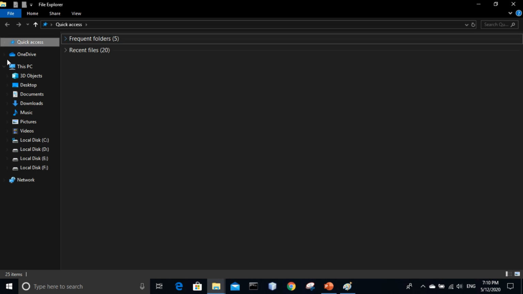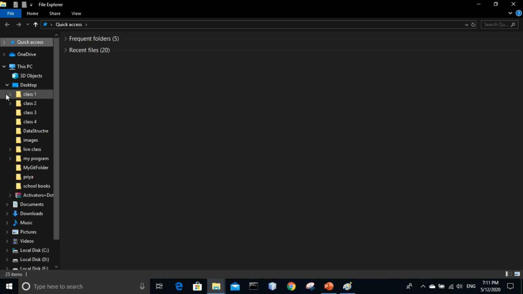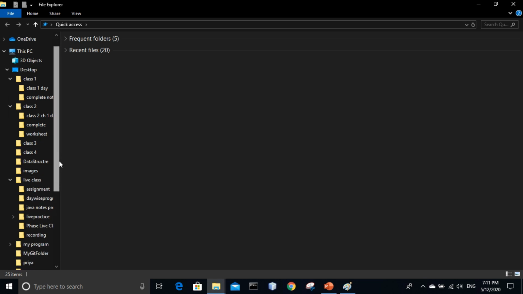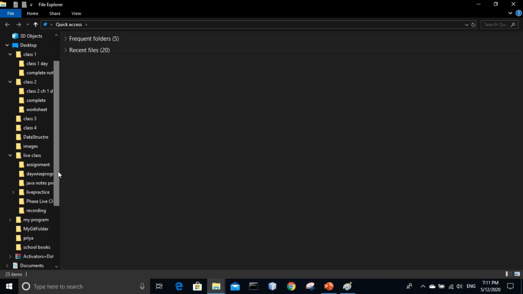See, all this content is inside This PC. In This PC I have 3D Objects, Desktop, in Desktop class 1, class 2, and again I have live class. This is the hierarchical form of the folders.